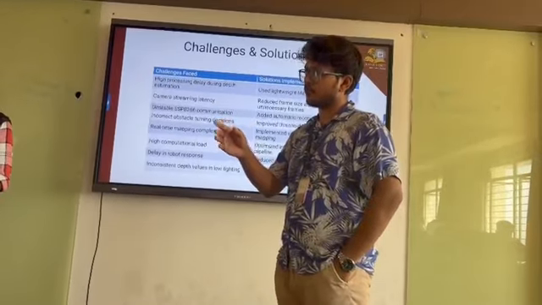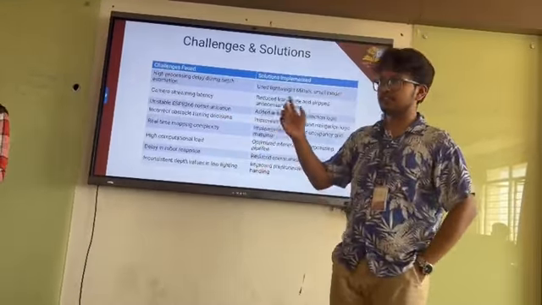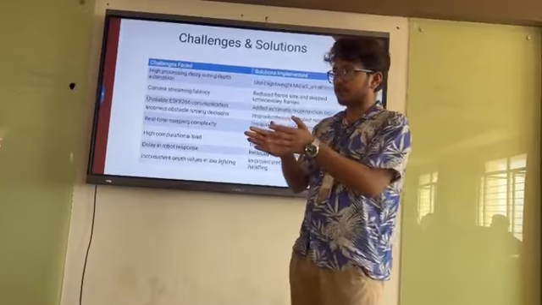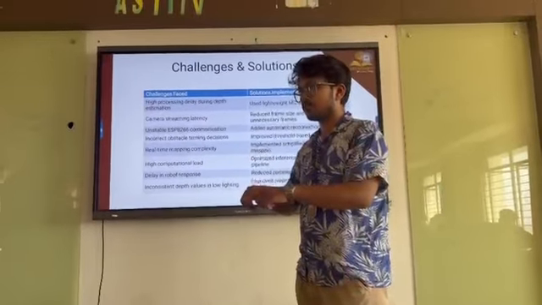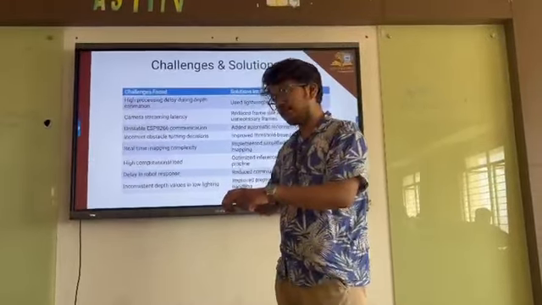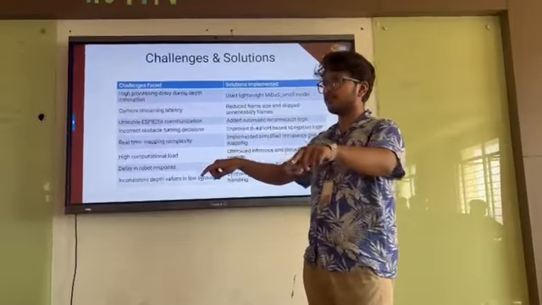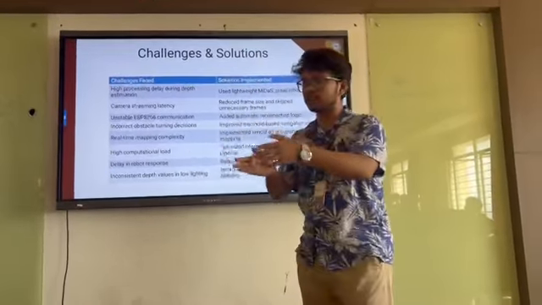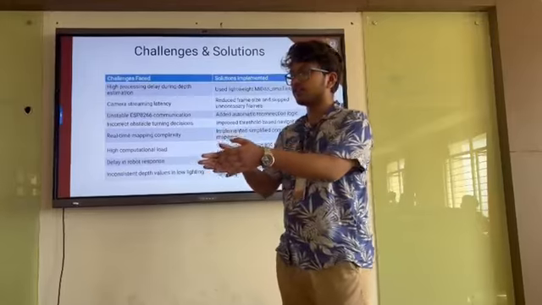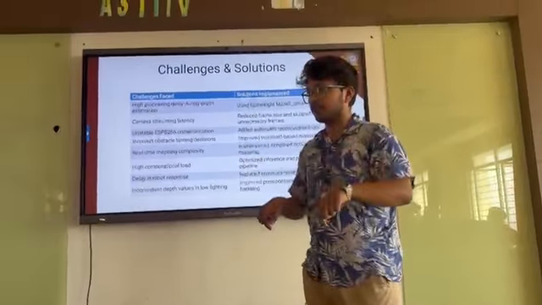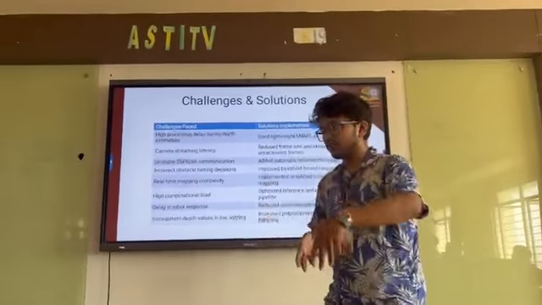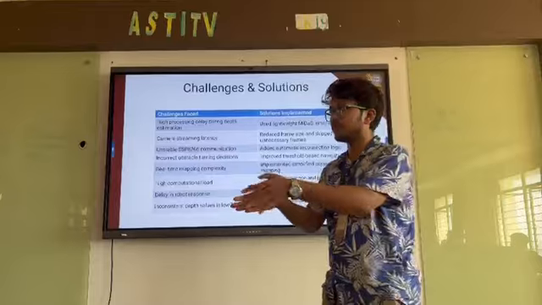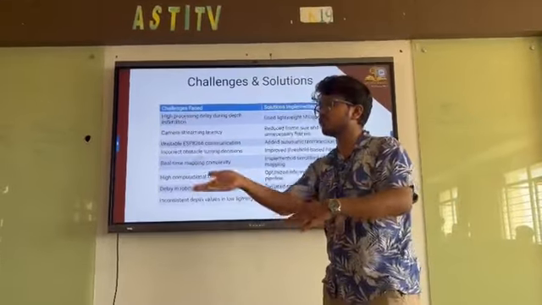SLAM, simultaneous localization and mapping. It is going to analyze the spatial area. It takes a geographical area, for example Davangere, or here the Bati road, the road on which we have turns. It is going to make its own grid. For the vehicle grid, we are going to take a turn. Dark spots will be there and bright spots will be there, where the bright spot is going to take a